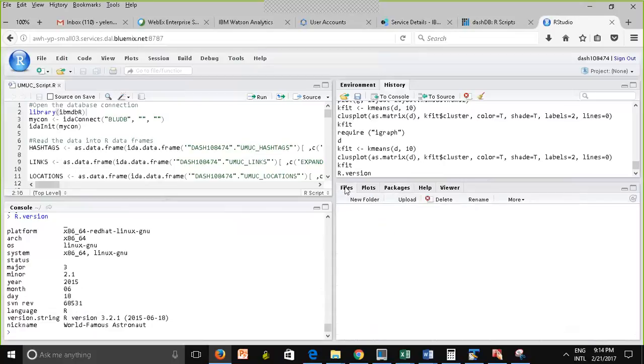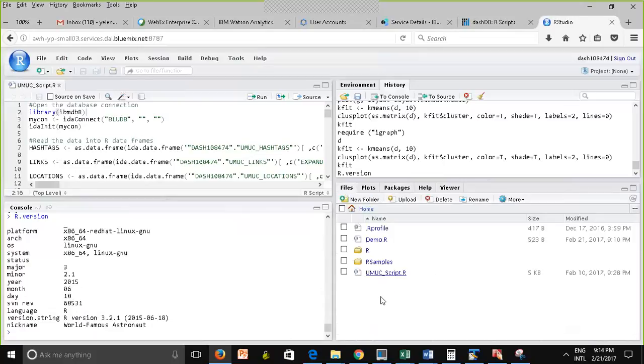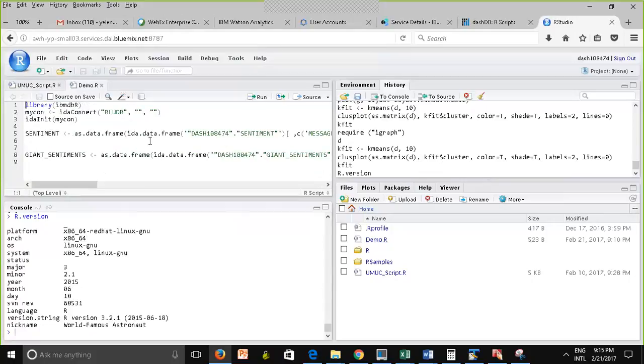Now here, if you look at this, under Files is where you see the scripts that you saved. Notice that demo.r is a script that I just saved. Something very important to keep in mind: I'm clicking here and opening the script.